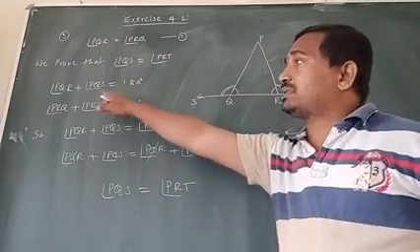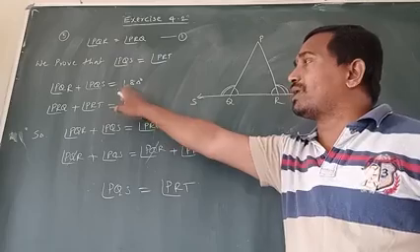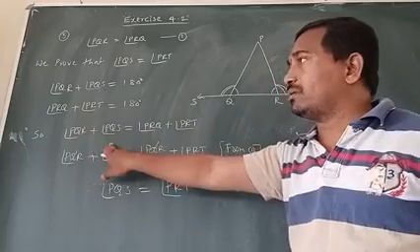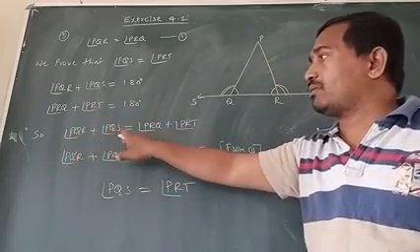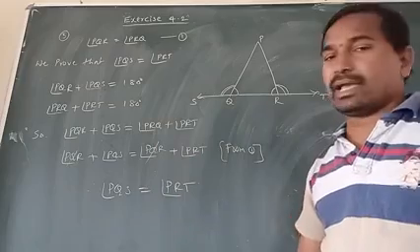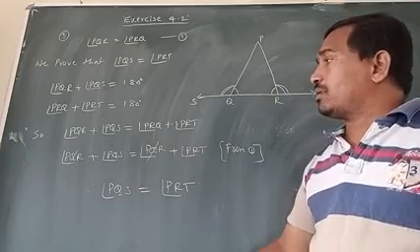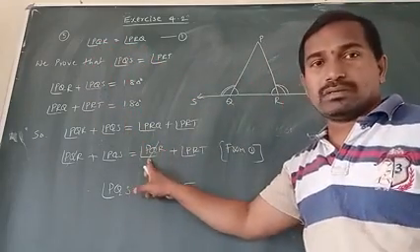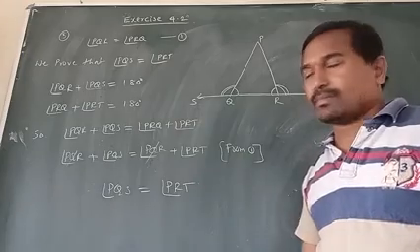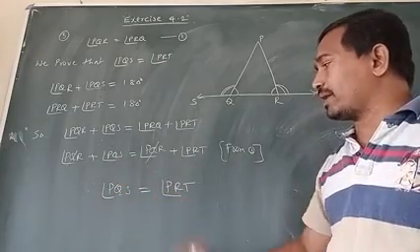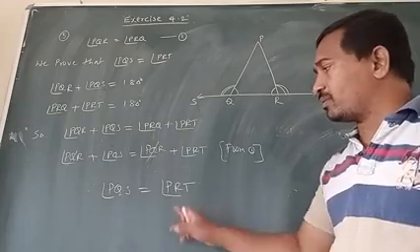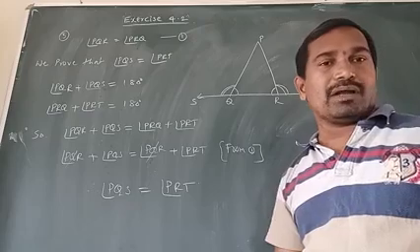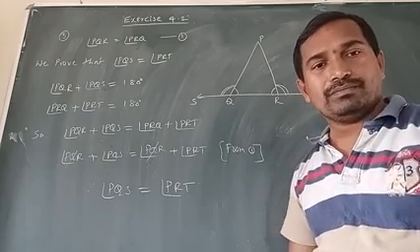Now, this pair of angles sums to 180, and that pair also sums to 180. That means the sums of these two pairs are equal. That is, angle PQR plus angle PQS equals angle PRQ plus angle PRT. But here PRQ equals PQR, so PQR cancels. So angle PQS equals angle PRT. So we proved the required result. Now let us see the next problem, the sixth one. Read the sixth problem. I will explain it to you.